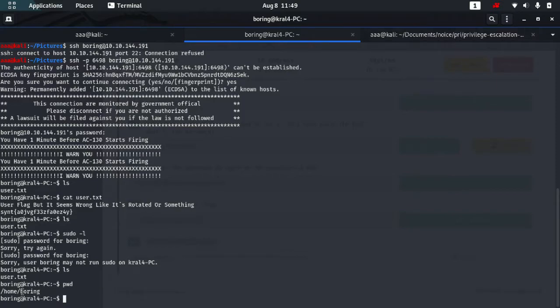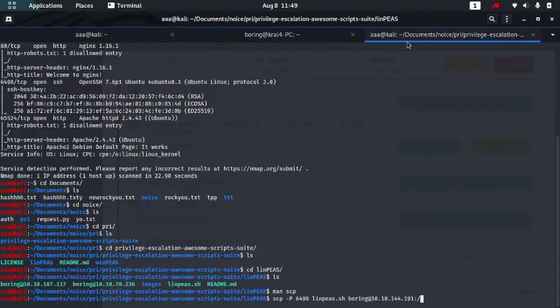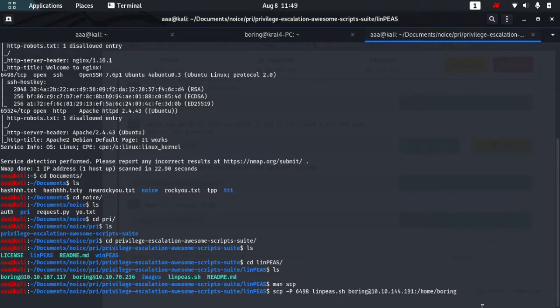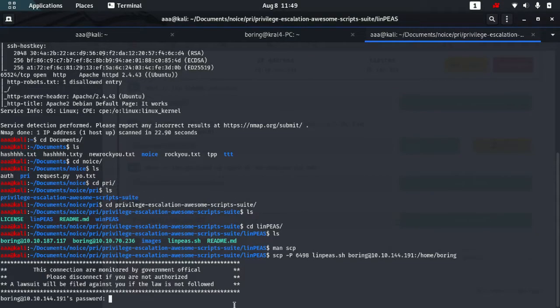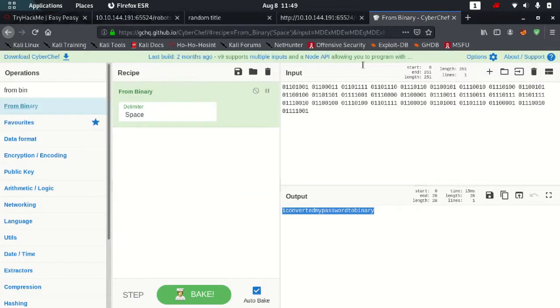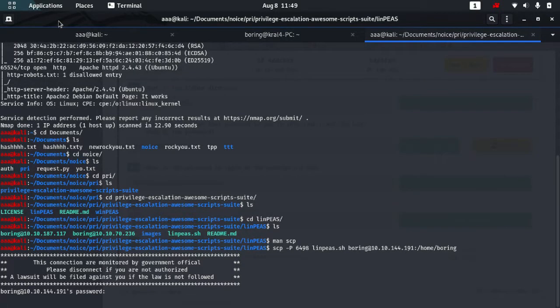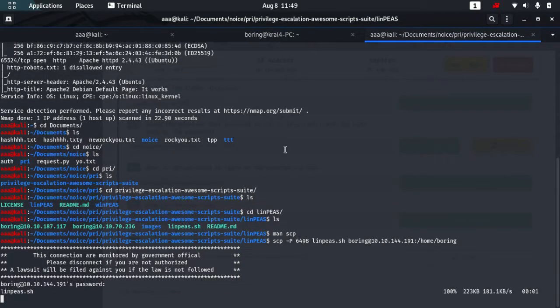So see, we type scp, then the port, the file which I want to transfer, the connection, and where I want to transfer. Let me press enter, and it will ask me for the password, which is this one, and it has successfully been transferred.